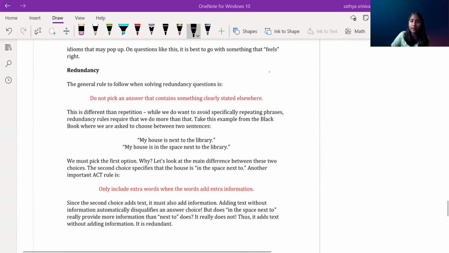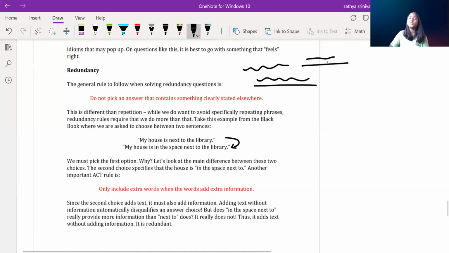They always have a sentence. For example, my house is next to the library. My house is in the space next to the library, right? In the ACT, there'll always be a sentence here, and then there'll be the part that's underlined. What they always do is that it'll already have something that's stated in another part of the question,